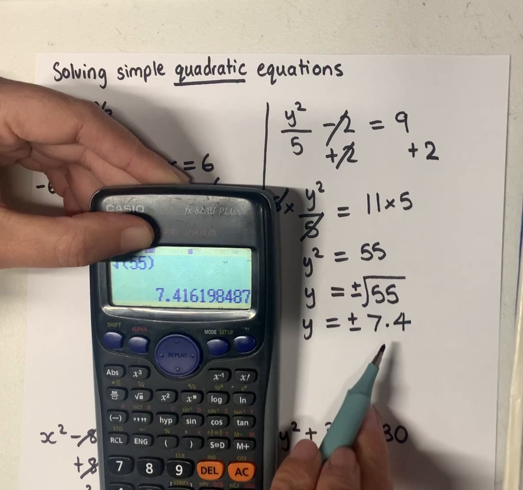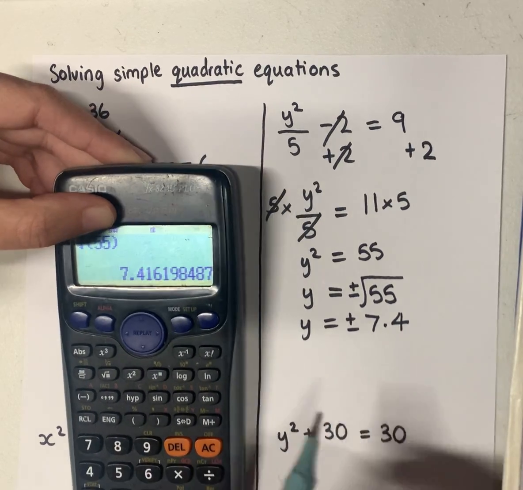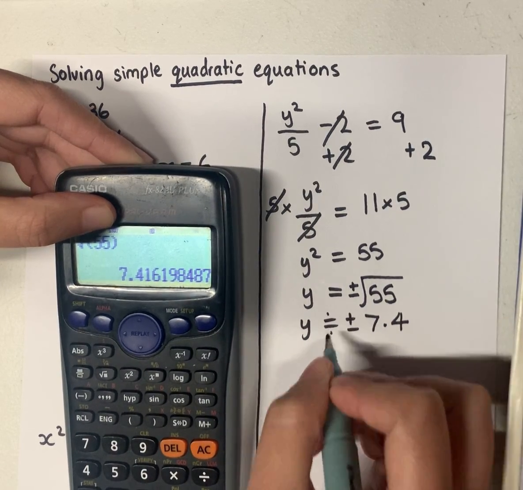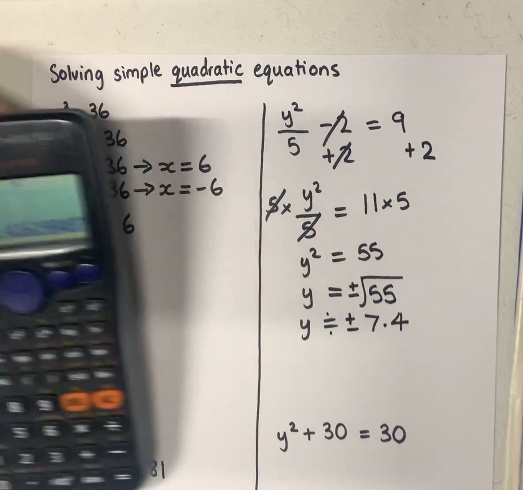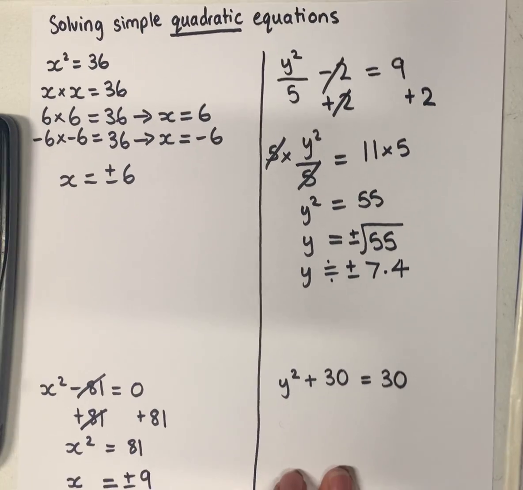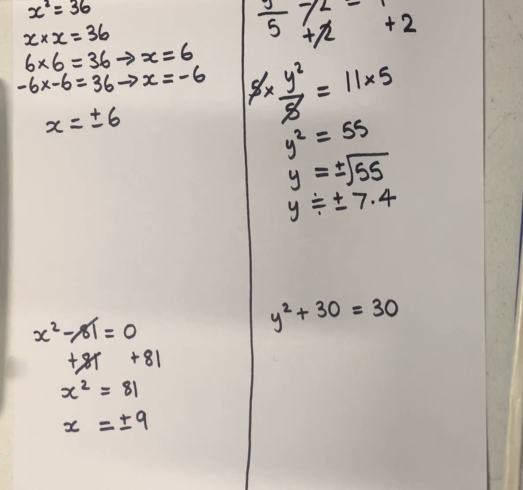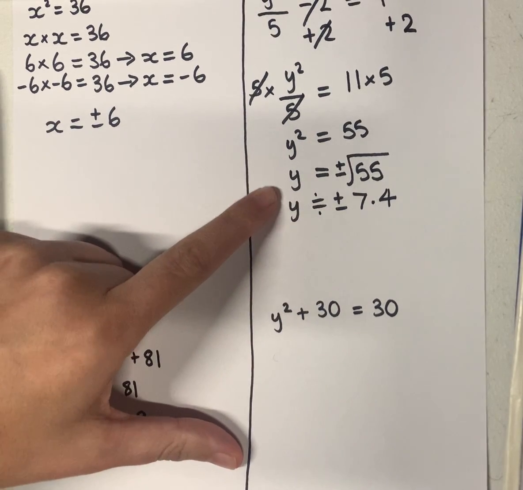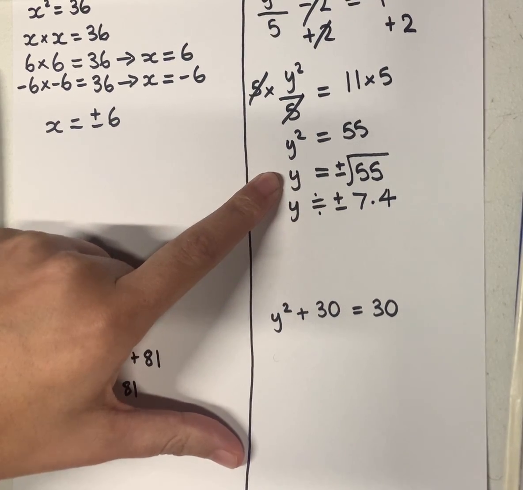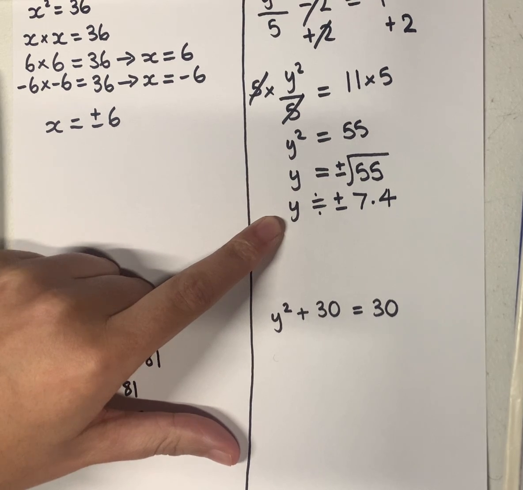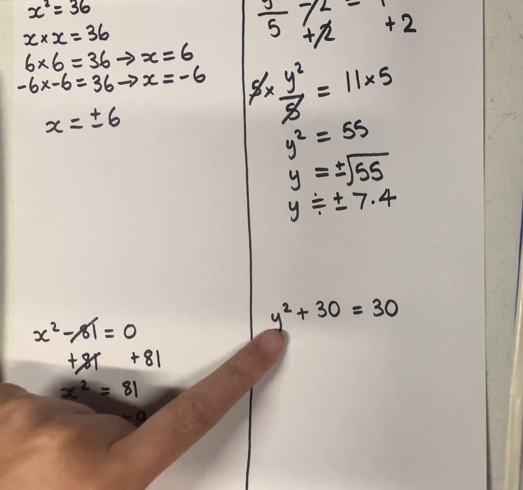Now, this is not exact. This is an approximation, so you could even write the approximate symbol. All right. So it really depends on the question, whether they ask you to leave it in surd form or exact form, or whether they ask you to put it in decimal form. Now this question here,